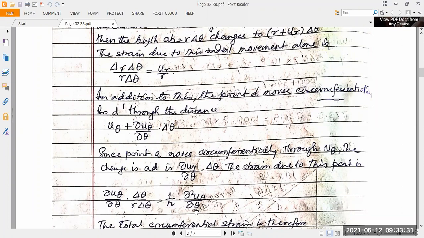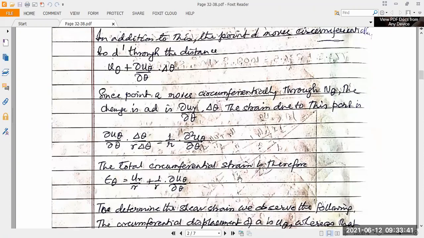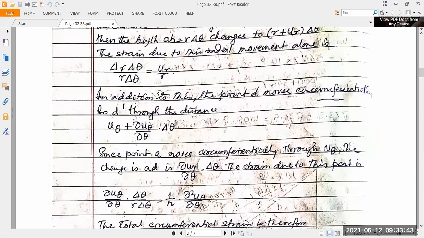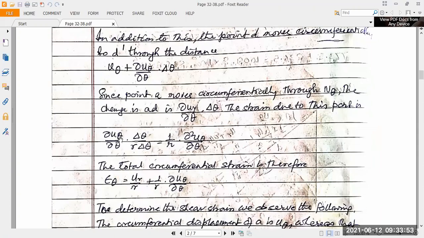So the change is du_y here. There is one change, u_r by r. The total circumferential strain is u_r by r, which originates from here. Due to radial movement, there is a change at the position of D, and as well as due to the angular or circumferential movement, the position becomes du_theta, r delta theta by r, like this. So 1 by r, d u_theta divided by d theta itself,